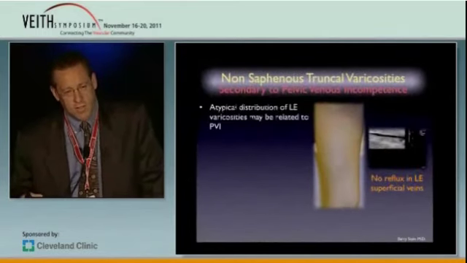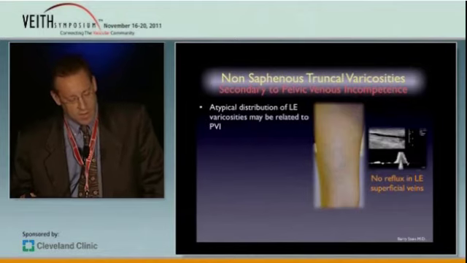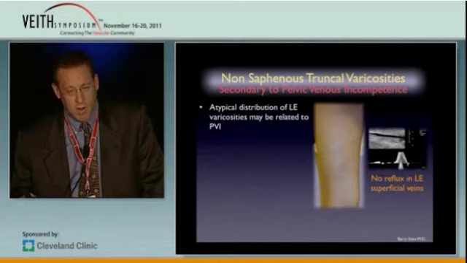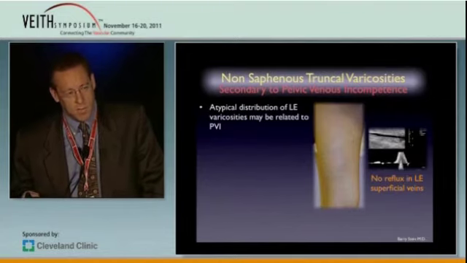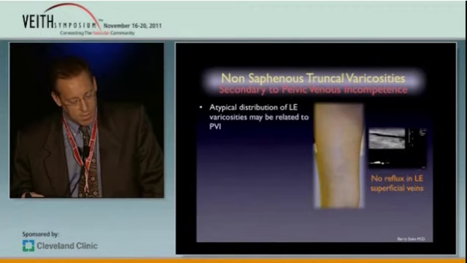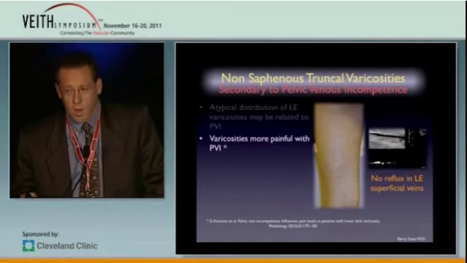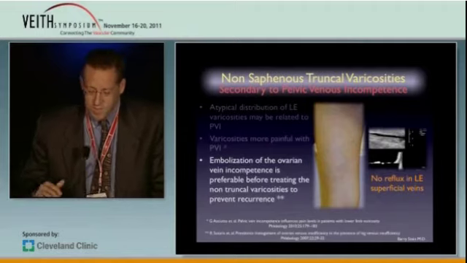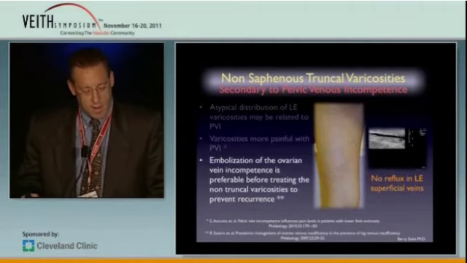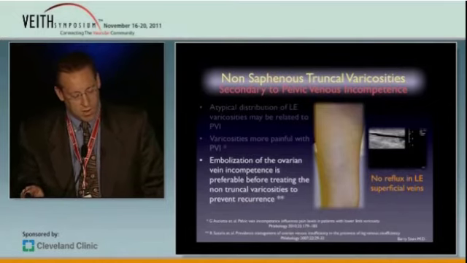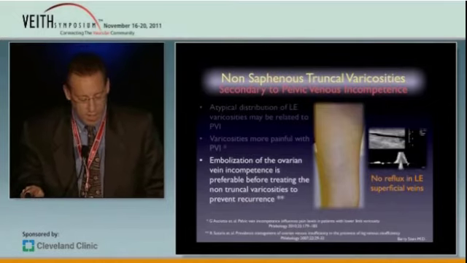So we should at least suspect or think about this entity when our patients present with atypical distribution of lower extremity varicosities, as well as visualizing varicosities that appear to be emanating from the pelvis. The varicosities tend to be more painful when patients have associated pelvic venous incompetence, and it's at least suggested by many that embolization of the variant vein incompetence is preferable before treating the non-truncal varicosities to prevent recurrence, as well